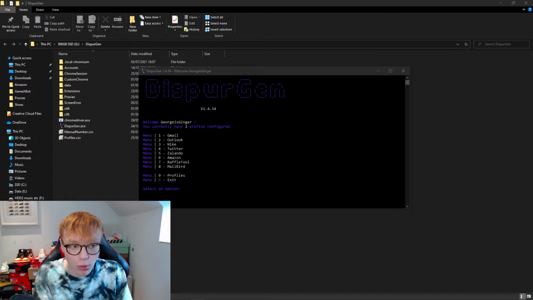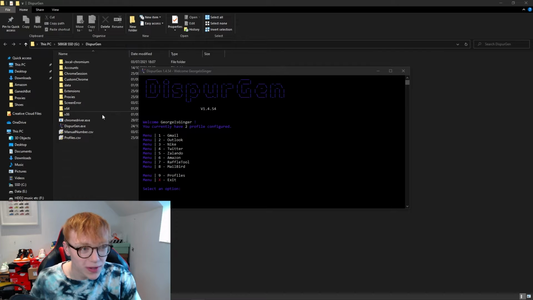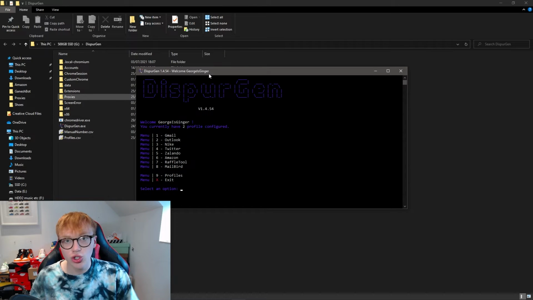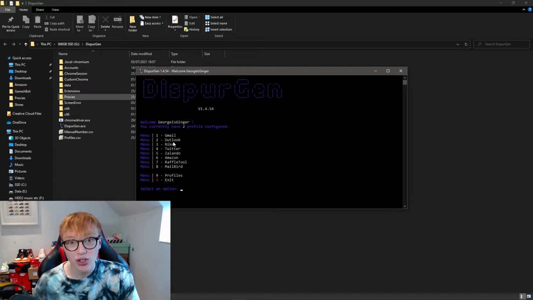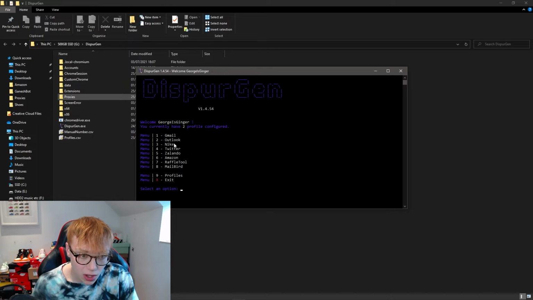And right now, what you can see is the CLI window and the folders. So these are all the folders that come with the bot, and this is where you can set everything up, and this is what you actually run. There's no GUI. It is all a CLI, which stands for command line interface, but it's still pretty intuitive, and this shows you, in these first few seconds, this screen of everything you can do,